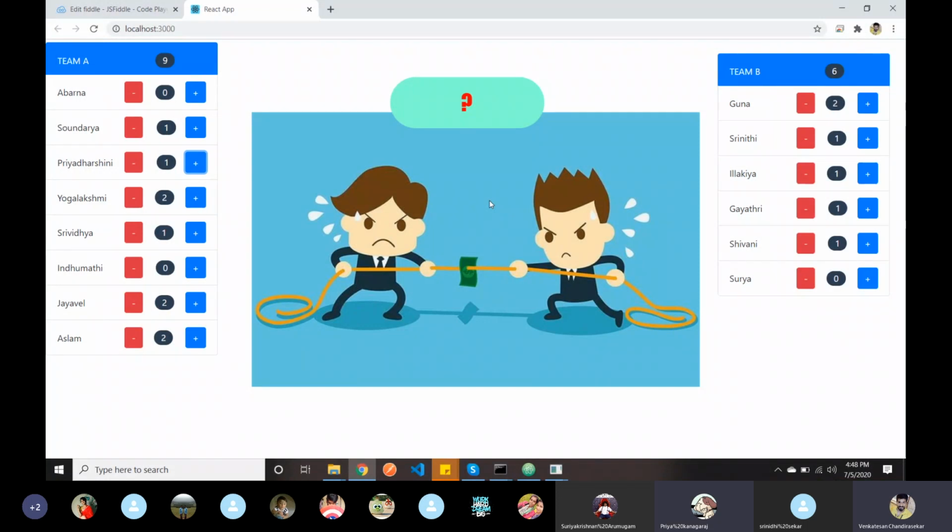My next question is, what is componentDidMount? After first time render, it gets called. Yeah, you are correct.